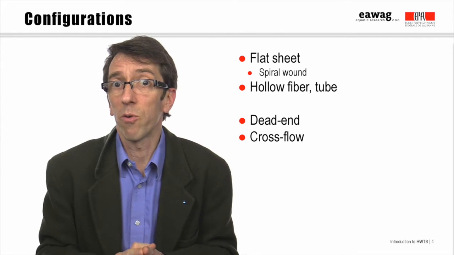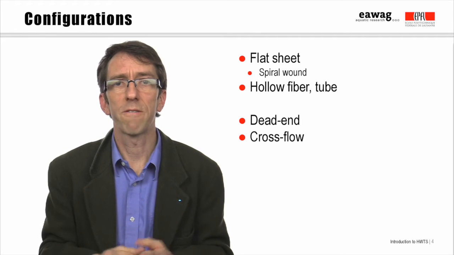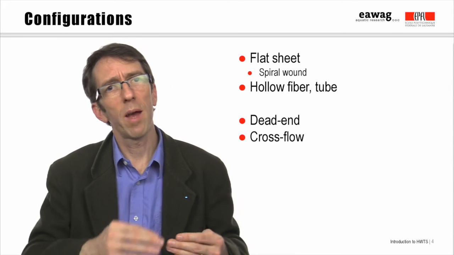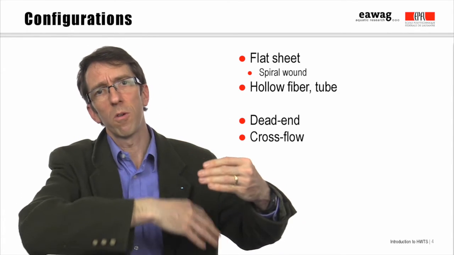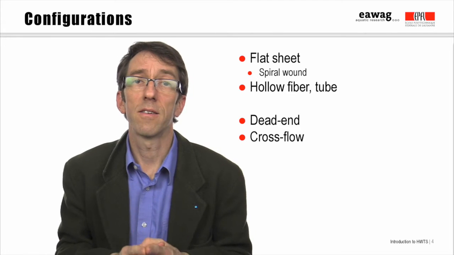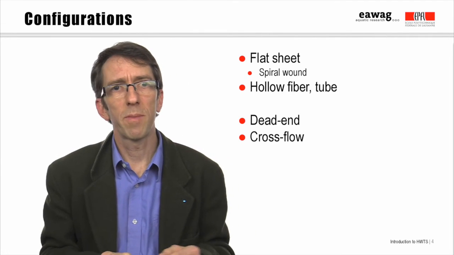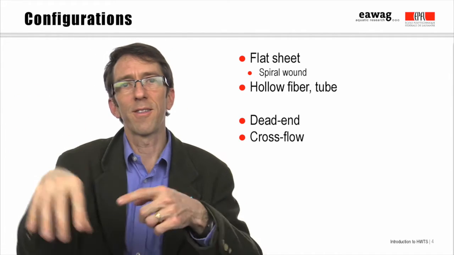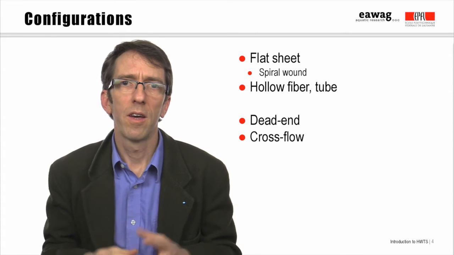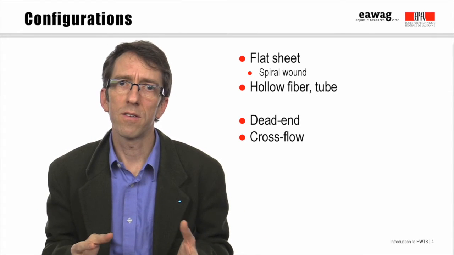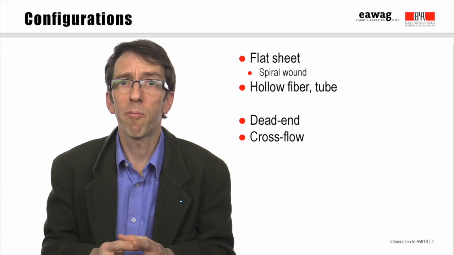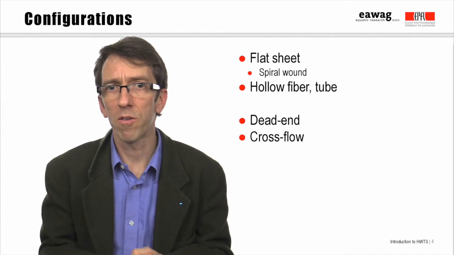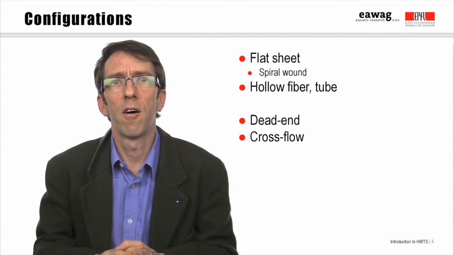Membranes come in several different configurations. The first main configuration is flat sheets, like sheets of paper, which can be mounted on racks or can be wrapped around a spacer in a spiral roll. The second main class is hollow fibers or tubes, where water is passed either through the inside of the tube and collected on the outside, or from the outside and then collected on the inside. In both cases, one of the objectives is to maximize the surface area of membranes that can be packed into a treatment module, so you also maximize the amount of water that can be treated for a given size filter module.